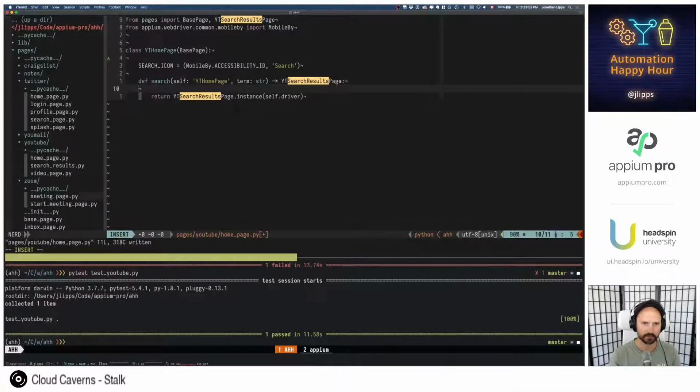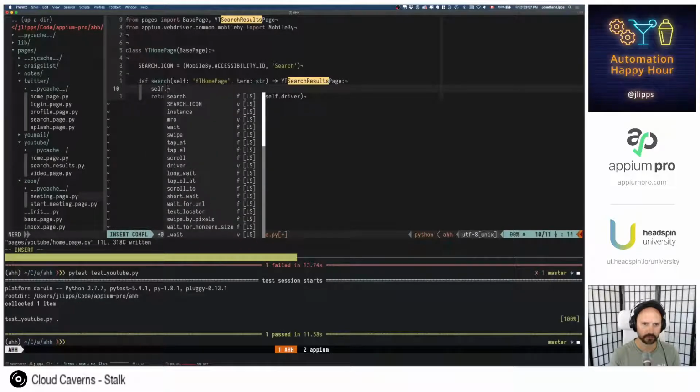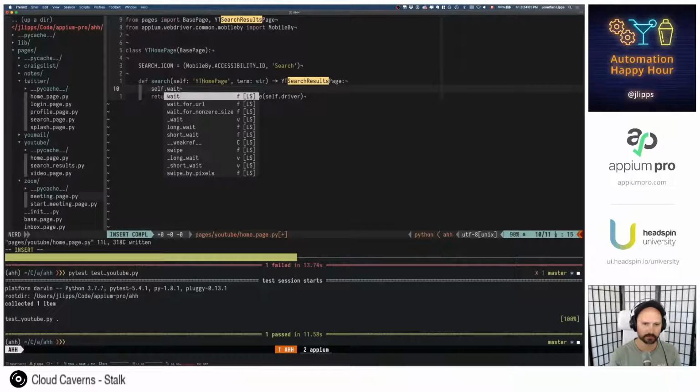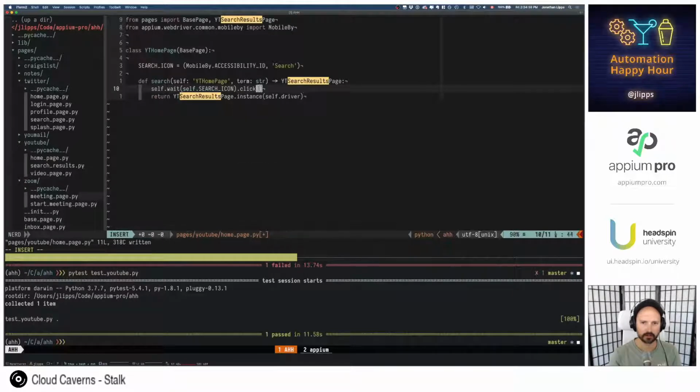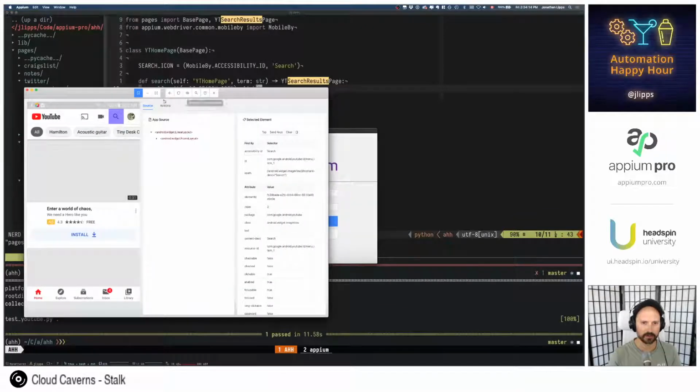No, that's not right. There we go. That's better. Yeah. Self.wait for self.search icon .click. So first thing we're gonna do is click this. So let's actually just do that here.